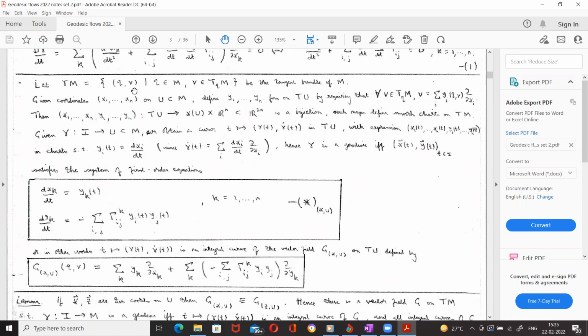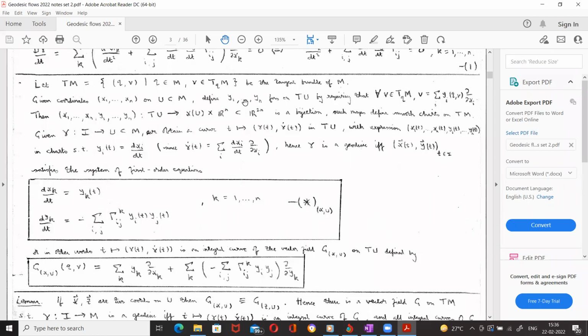The tangent bundle is a manifold of dimension 2n, twice the dimension n of the manifold. And we know that if I take a coordinate system, say x1 to xn for M, then we get coordinates on TM, where I get n extra coordinates. So x1 to xn are my first n coordinates, and my second n coordinates are some y1 to yn. These are actually nothing but the dxi's.